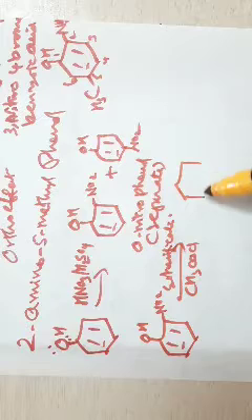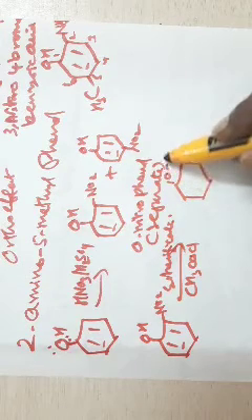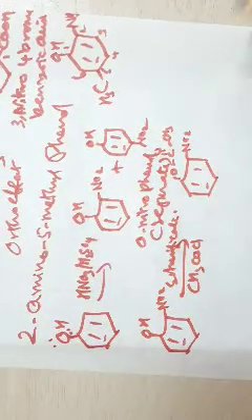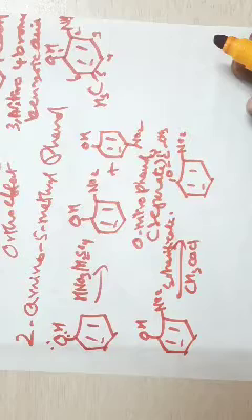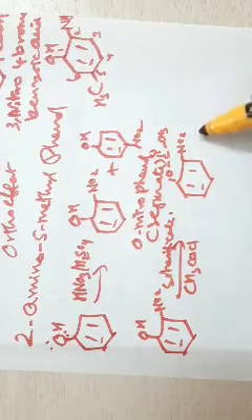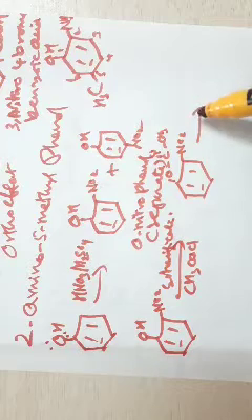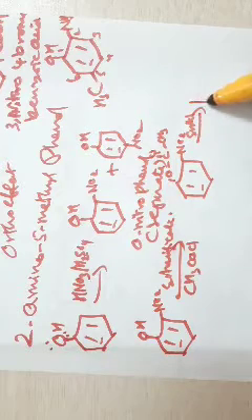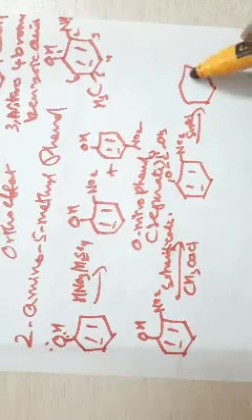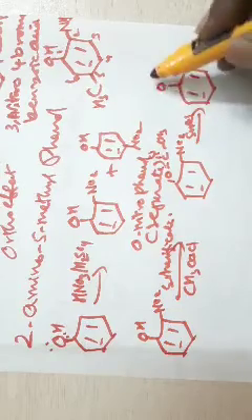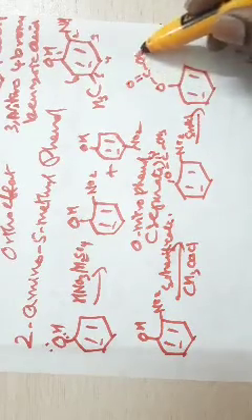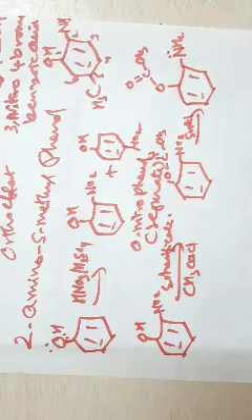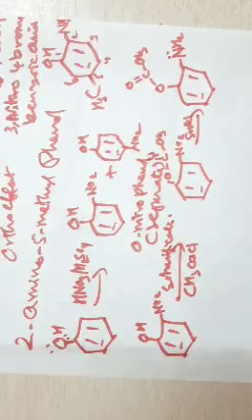So, OCOCH3, NO2 group. Now, if this one is first reduced, see, if it is reduced with tin and HCl, then I get the acetylated compound, OCOCH3, with NH2. The nitro group is converted to an amino group.